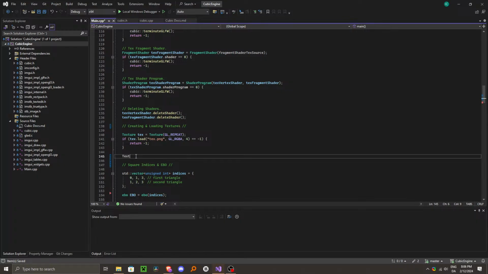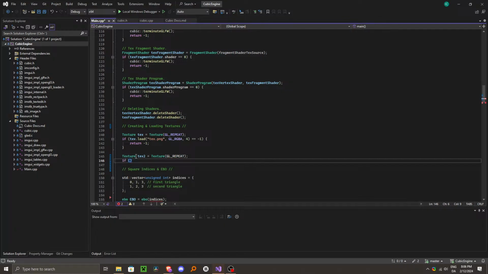We'll go new texture. If text2.load smile.png, gl_rgba, and we're going to force it to do that, is equal to -1, then